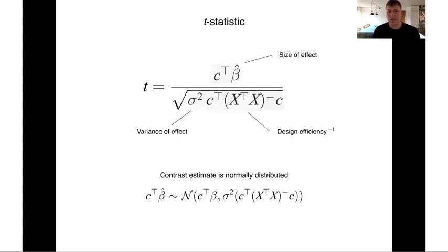So let's take a closer look at the t-statistic. So we saw that the contrast estimate, C transpose beta, that's the size of the effect,